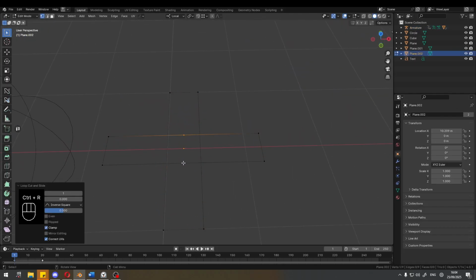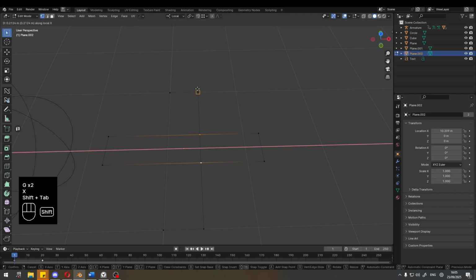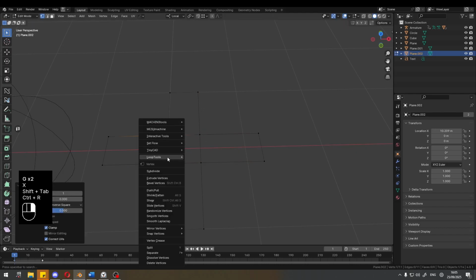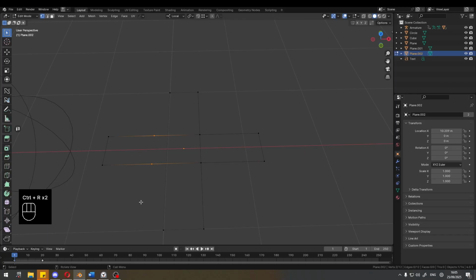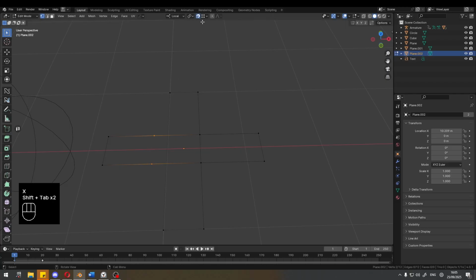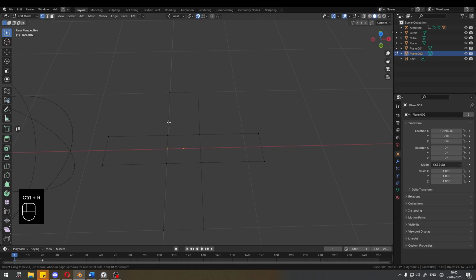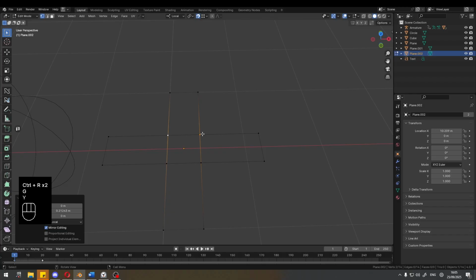I'm just going to add some points here and there in between the two, like this, like that, and then Shift Tab to enable snapping mode, X to move them around. So I press Control R to insert a cut or a loop cut, but because we don't have that,